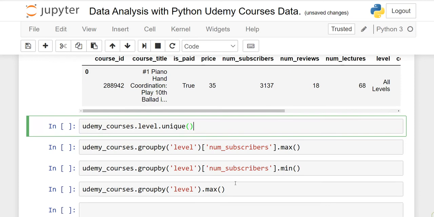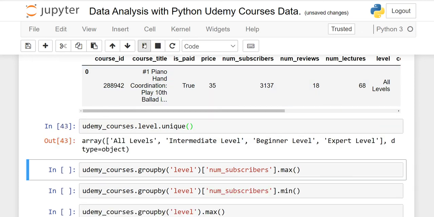If you want to see how many different categories this column has, then you have to use the Udemy_courses.level.unique function. Run it. We have all levels, intermediate level, beginner level, and expert level, right? And the data type is object. But here, Udemy_courses.groupby, because we have to see each category level, and this is our num_subscribers.max().